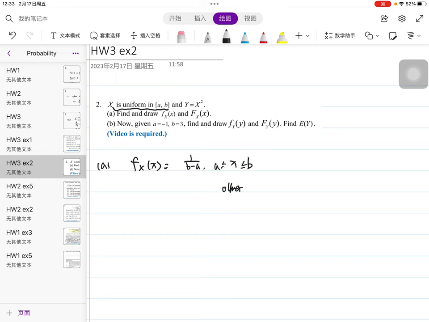Otherwise, it equals 0. And the figure looks like this: a, b,